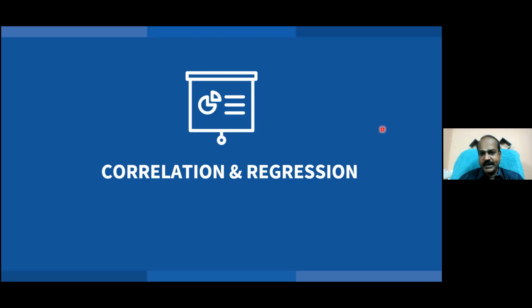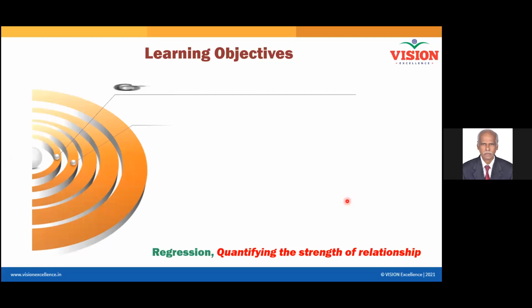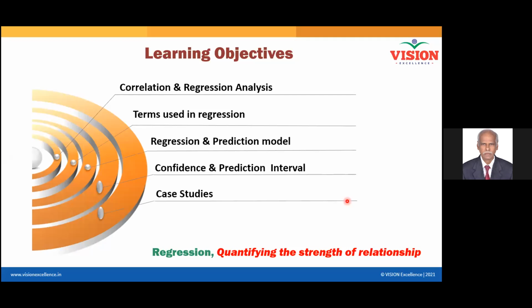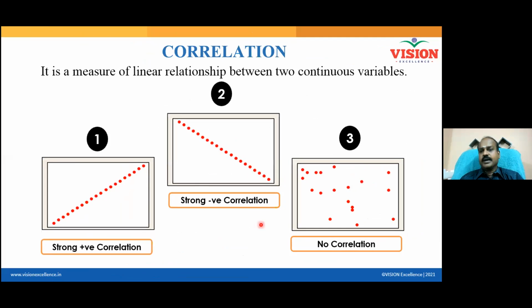To give the treatment, what are you supposed to know? You are supposed to know the relationship between X and Y. So that is what we are going to learn in the tool called correlation and regression. So we will discuss all these things. And before getting into correlation and regression, you must know another QC tool. Just before we understood a QC tool called histogram. And now this is called a scatter diagram.